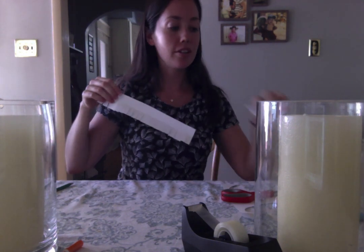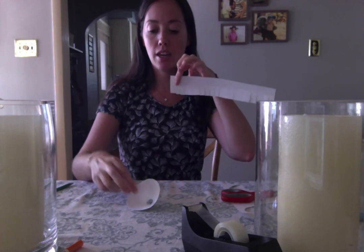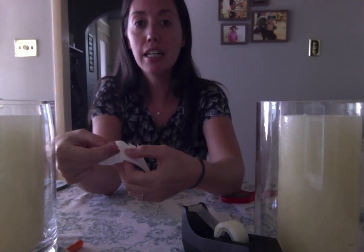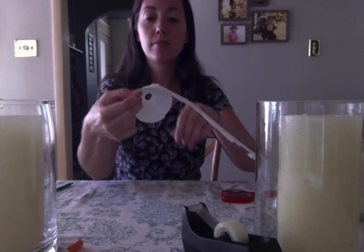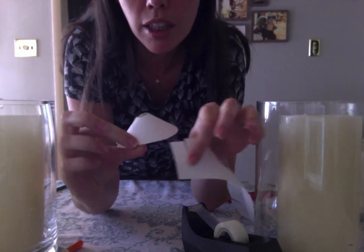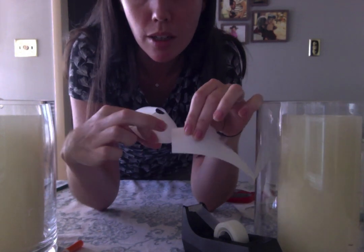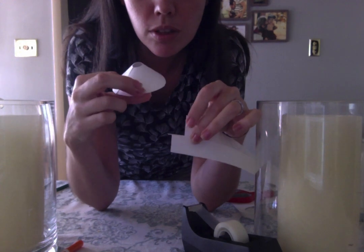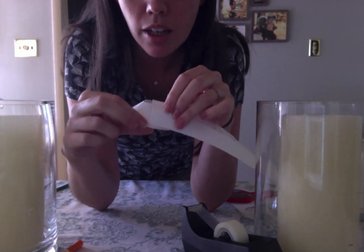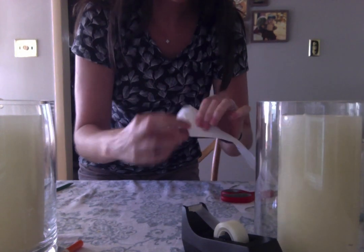Okay, what you're going to do is you're going to take your cone and start with one cut on the end. And you're going to line it up. See if I can show you. You're going to line it up with the outside. So we're just looking at this panel right here. See the fold? I'm going to line up the fold with the outside. And I'm going to tape